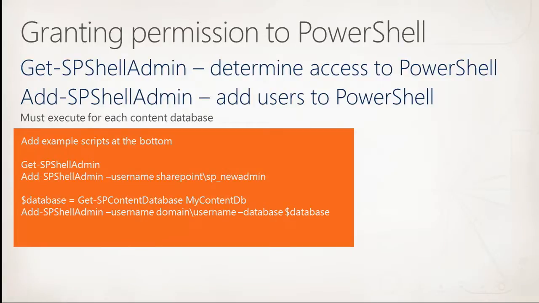So how it works, you get a reference to the content database, and you need to grant access to each content database that you have. So if you have 50 of them, you've got to do it for all of them. So you can write a script to do that, right? And you've got to call Add-SPShellAdmin for each one. By doing that, it will add the permissions to the content database and the configuration database as well. So let's take a look at that real quick